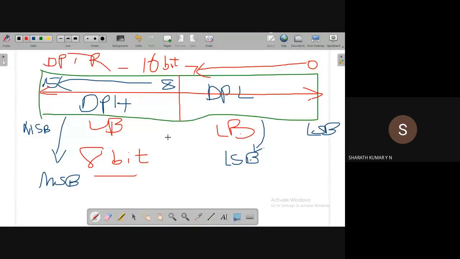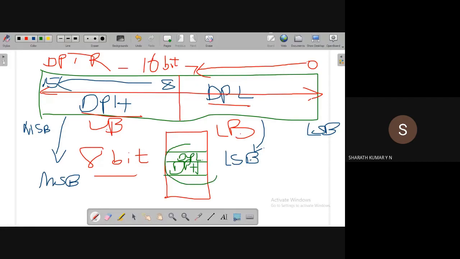The manufacturer of the 8051 had to manage 16-bit, because the 8051 cannot handle anything bigger than 8 bits. What they have done is divide the DPTR, the data pointer register, into 2 bytes, DPL and DPH, and store them in memory like this, one below the other, DPH and DPL. They cannot accommodate DPTR at a time, they cannot store 16 bits at a time. That's why it is divided into two registers, DPH and DPL.